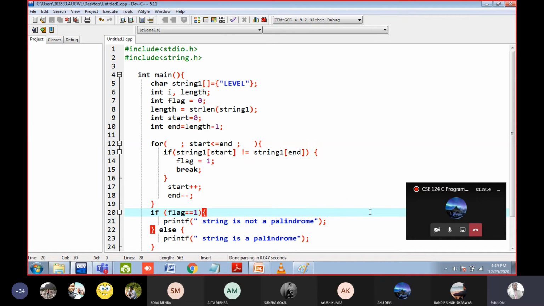Whenever the computer encounters printf or scanf, it will check the file, and printf and scanf will work. Whenever the computer sees strlen and sizeof, it will refer to the string.h header file. So a header file means it contains the definition, or it provides the working of certain functions.